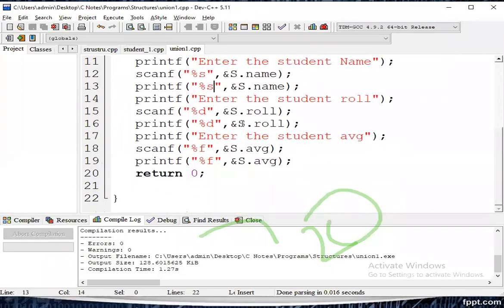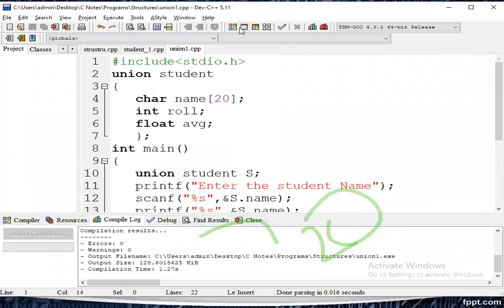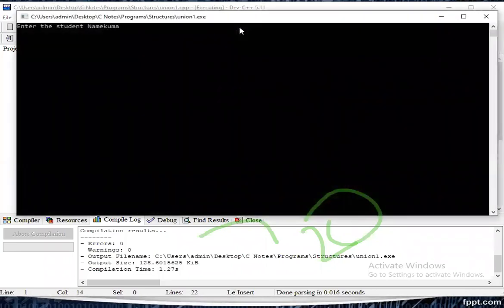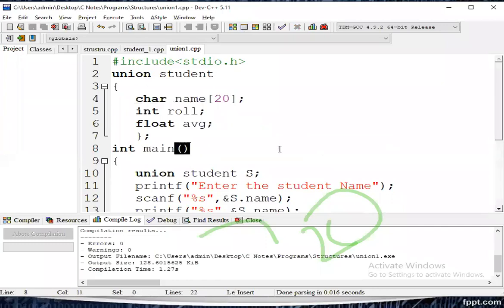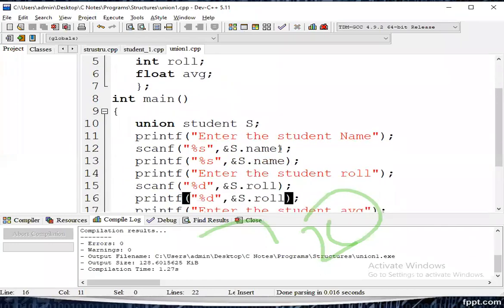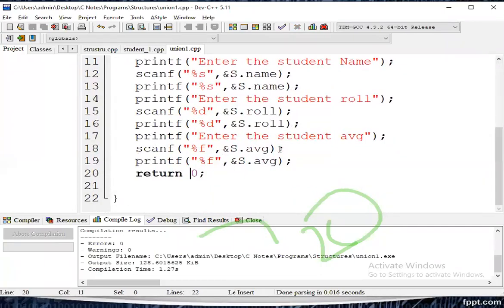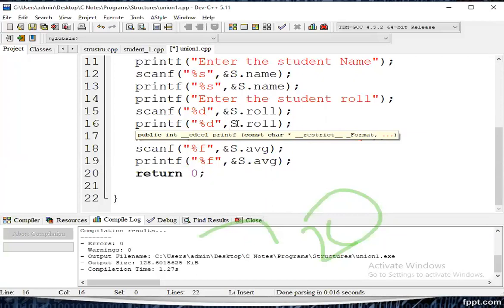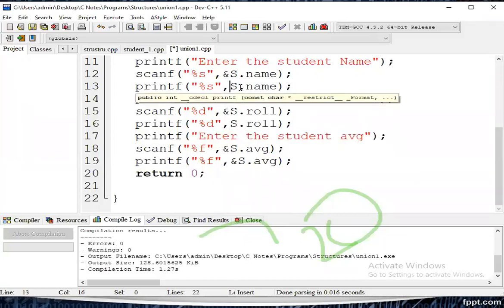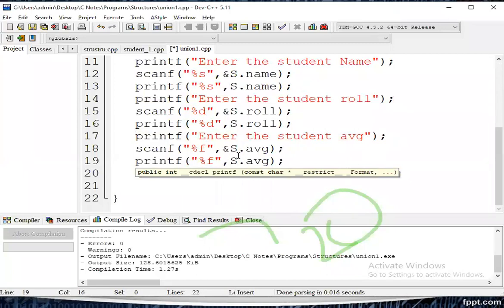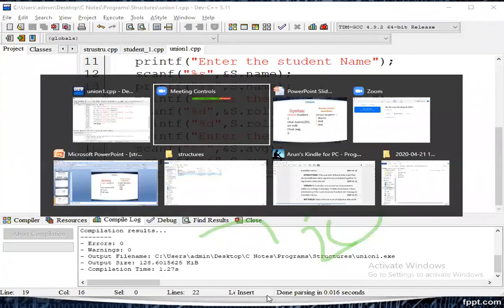In that way, enter the roll number. Sorry. Final execution.